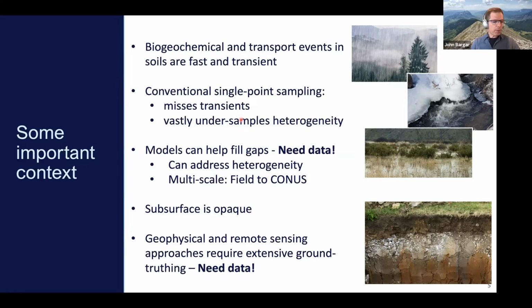So you're really undersampling this heterogeneity across time. To do better, we really need new ways of collecting samples. We also need, for instance, sensors, which can record data through time. So sensors are great. They can provide continuous monitoring, but they suffer from low coverage of landscapes. So this is why models are so important.